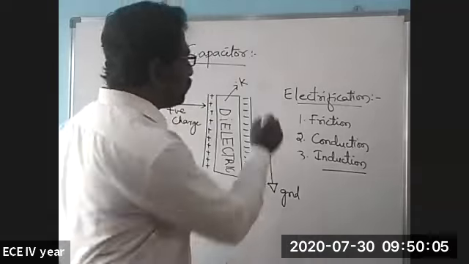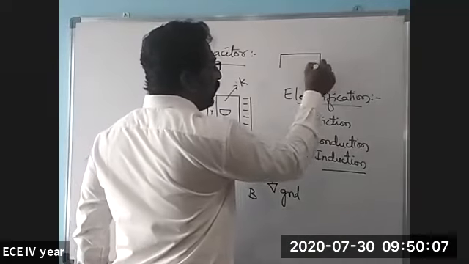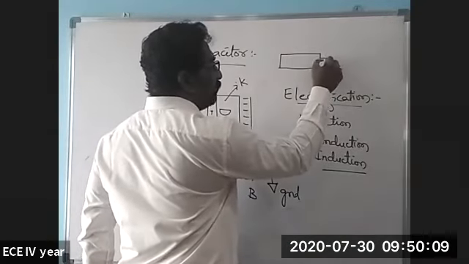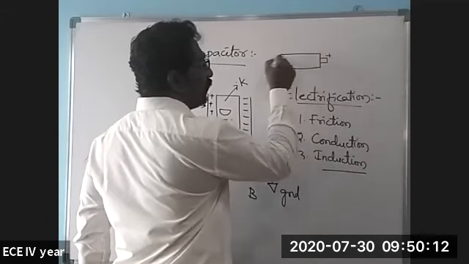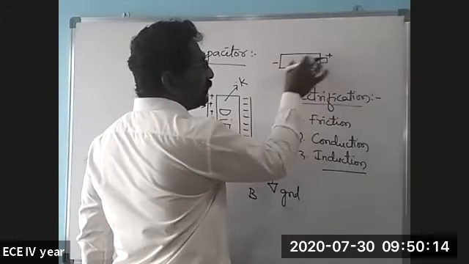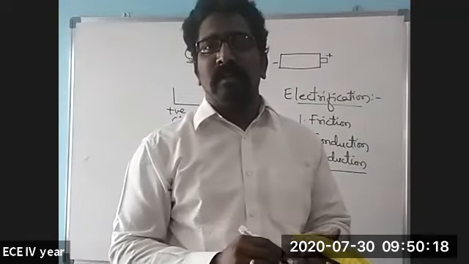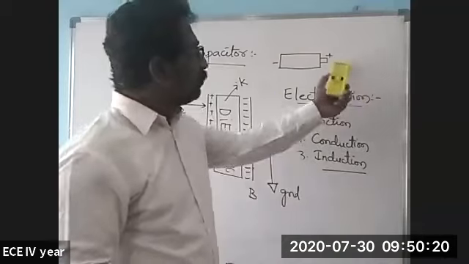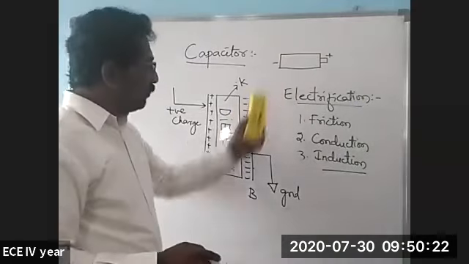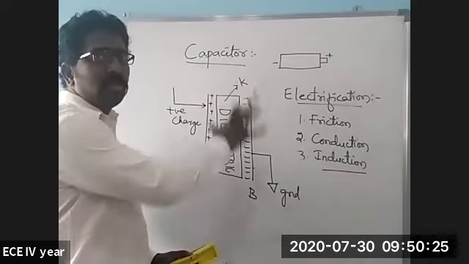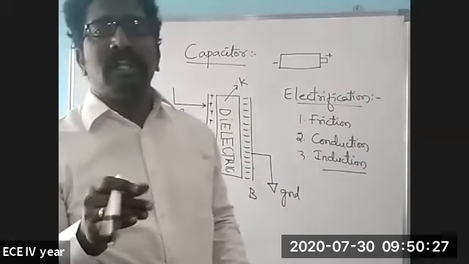That's the reason for the shape of any battery you can find here. This will be a positive and this is a negative terminal. And the dielectric inside the battery, if you break any kind of cell, you can find the chemical kind of battery. So that's the dielectric. This positive terminal indicates plate A and this negative terminal indicates plate B. So this is the concept of how a charge is stored inside a capacitor.